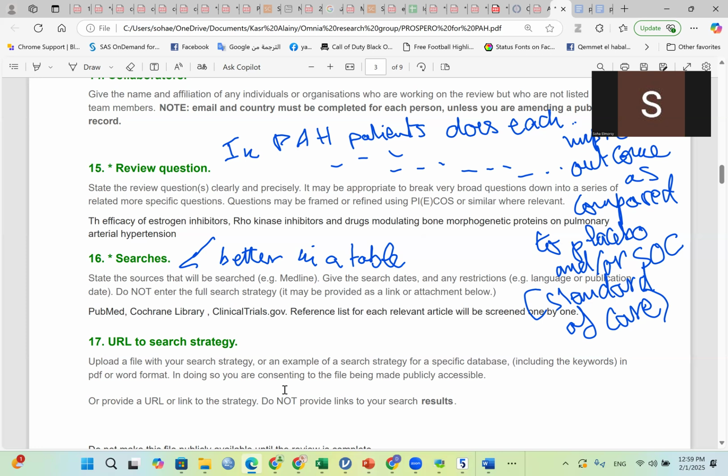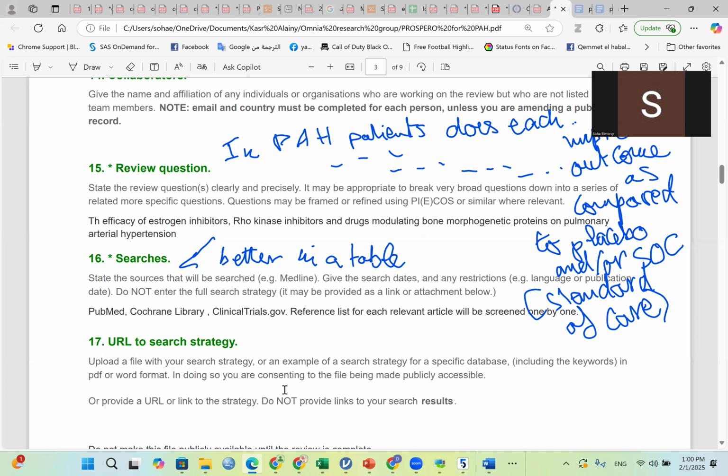So in these patients, how is the effectiveness or efficacy of the so and so interventions, which are the novel therapies that we are going to name? Let's say rho kinase inhibitors, let's say estrogen receptor modifiers, metformin was also on the list. So, what is the effectiveness or efficacy?